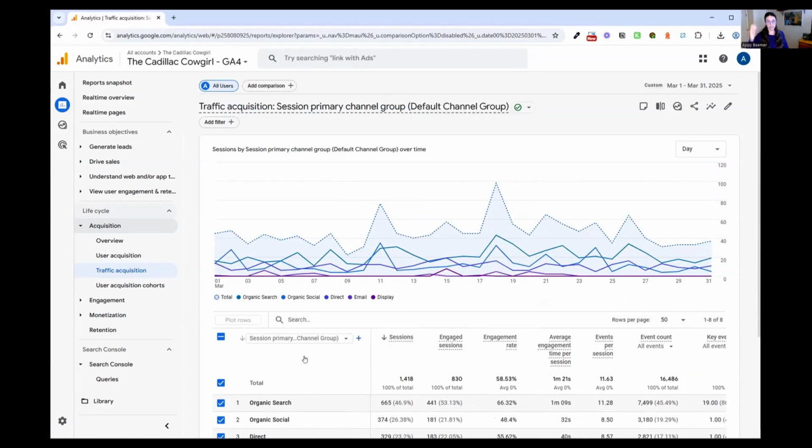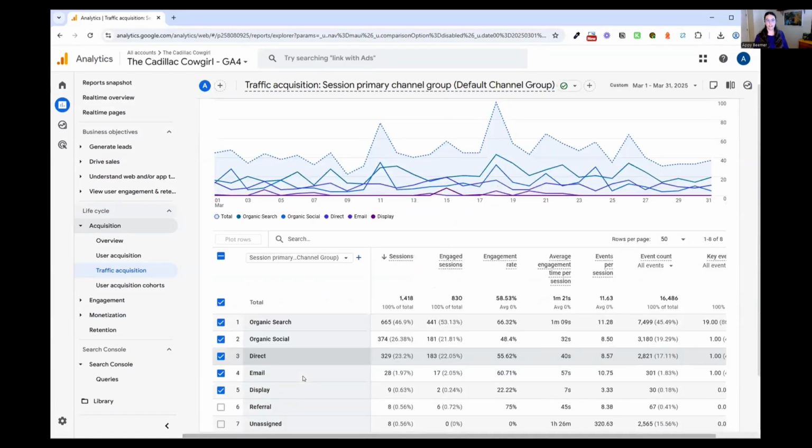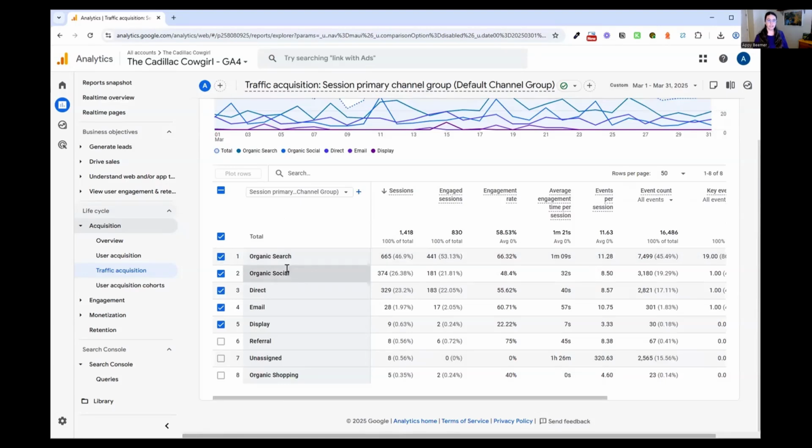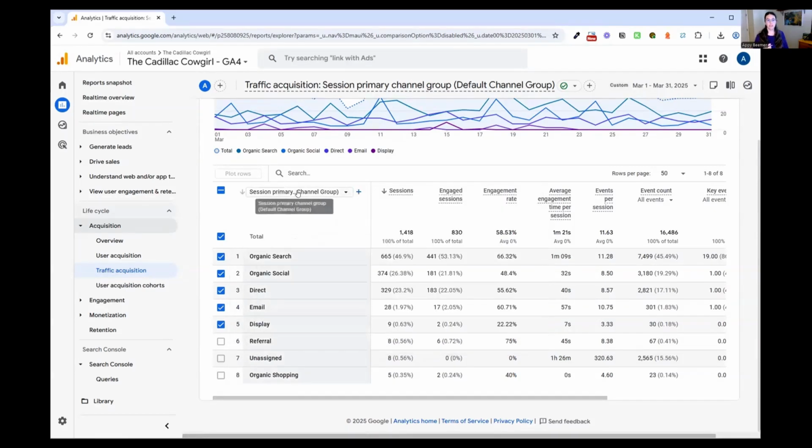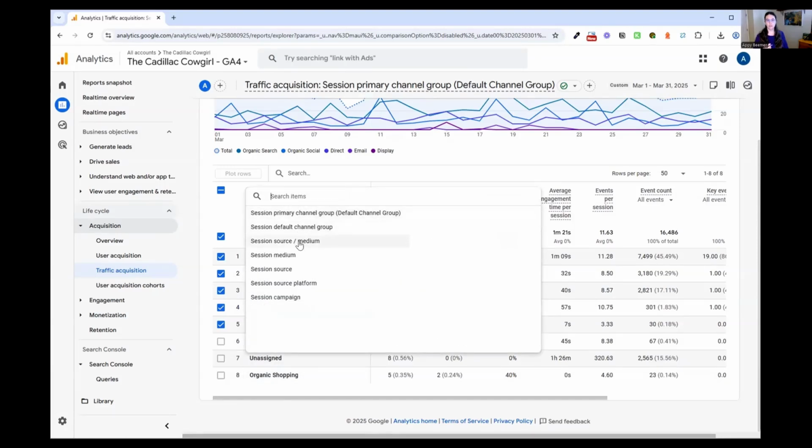When you come to this report, it's going to show you the total, and then it's going to show you the traffic based on these categories that it has already pulled out a little bit. And that's helpful. So what if we want to go a little deeper? What if we want to know more about which social media is sending traffic our way? You can click on this session primary channel group, come down to source medium,